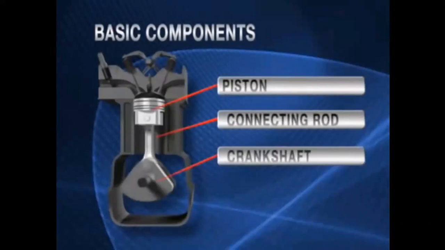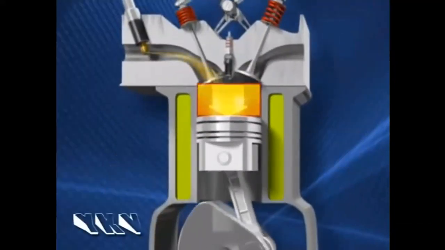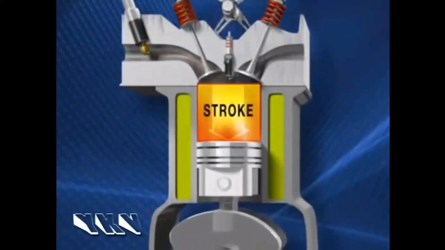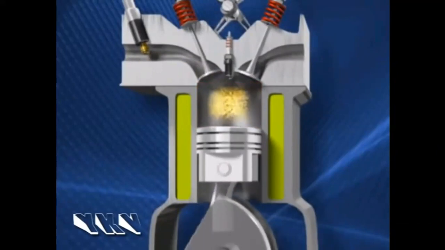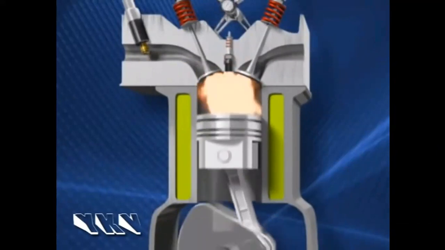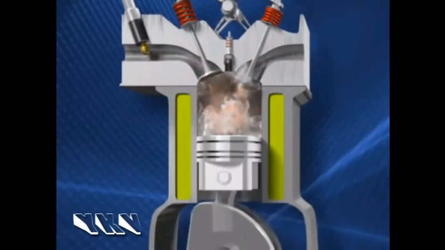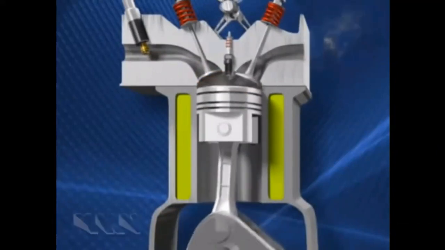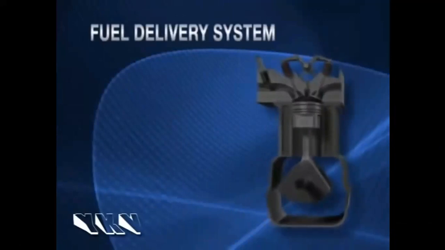As the piston travels up and down, the motion is turned into a rotating motion at the crankshaft. The longer the stroke of the piston, the larger the displacement of gas and air that occurs in a cylinder. To propel that piston, we need to ignite a tiny bit of gas and a whole lot of air. This creates expansion inside the cylinder.